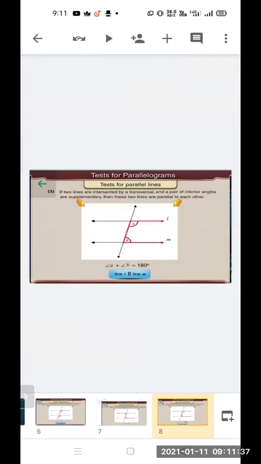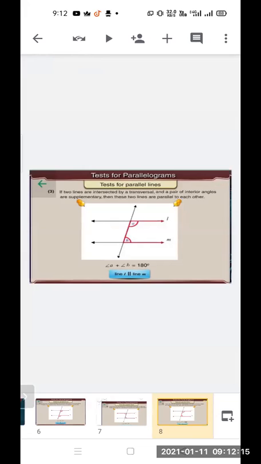Next, the third test is the interior angle test for parallel lines. In this, if two lines are intersected by a transversal and a pair of interior angles are supplementary, then these two lines are parallel to each other. Children, if two lines are intersected by a transversal, then a pair of interior angles is formed, and if they are supplementary, then only we can say that these two lines are parallel